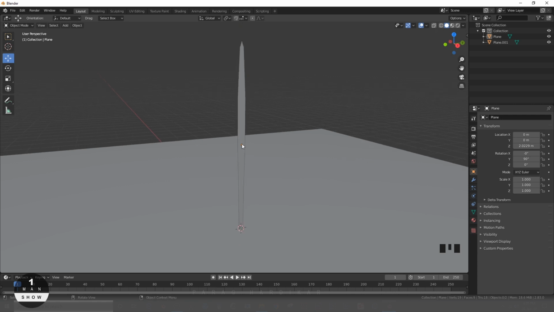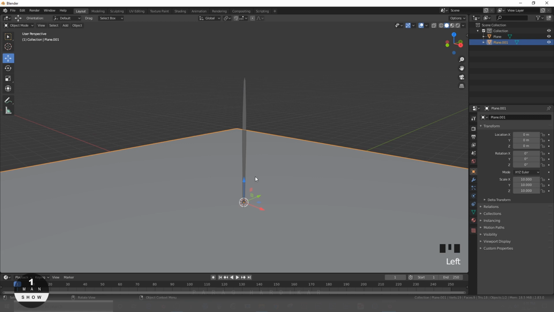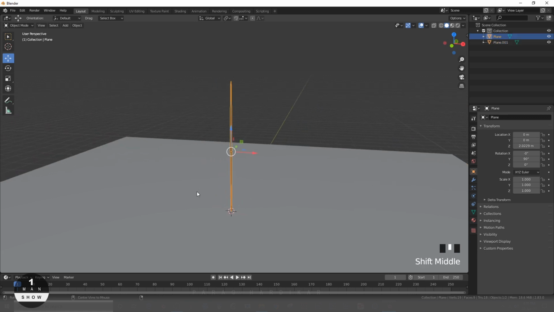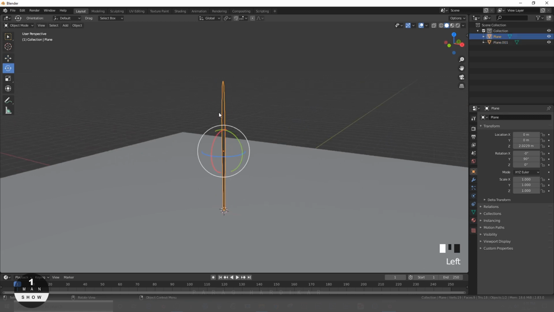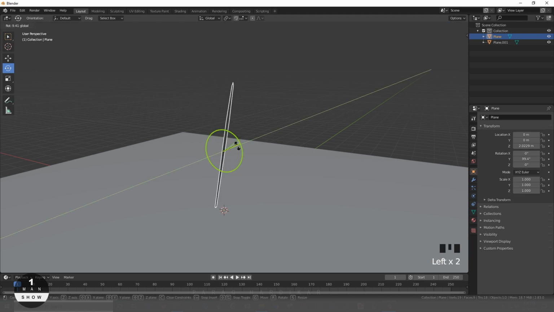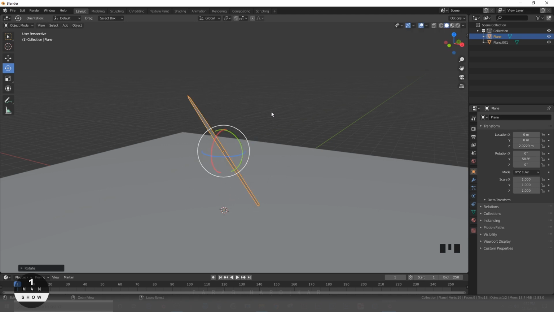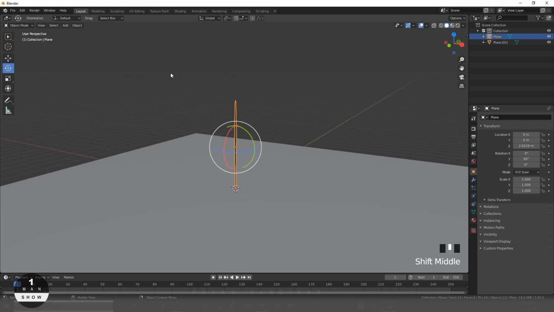You can see that orange dot here. This is what origin is. I'll show you how to change that origin's position because it's the most important part. Every action like move, rotation, scale, it depends upon that origin point.